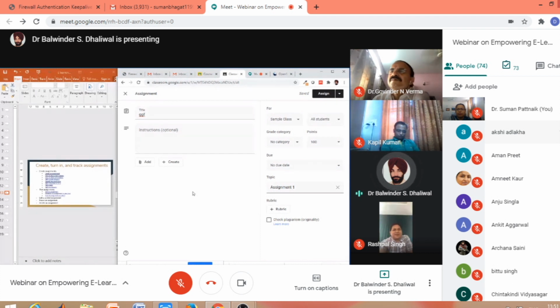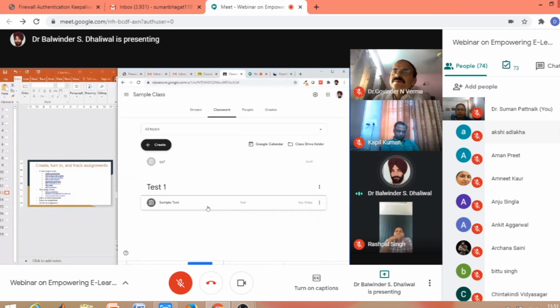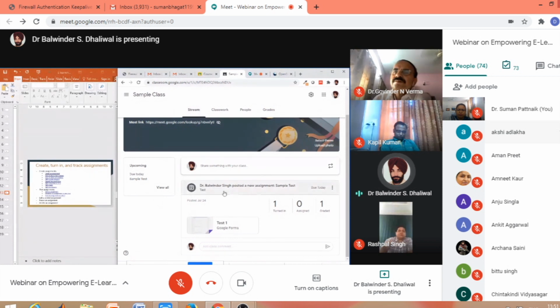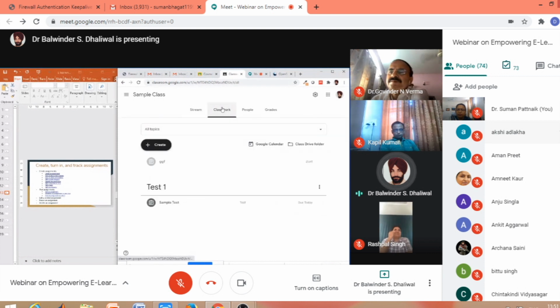Now, after posting the assignment, say we need to edit that assignment. Say this assignment I have already posted yesterday for today's discussion. If I want to edit that assignment, I can press on this button, then go to edit. So I can edit the assignment even after posting, if the requirement is there. Assignment editing is also possible from this classwork page. We can go to these three buttons and press edit, and then we can edit our assignment as per our requirement.